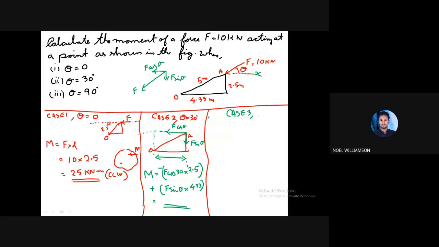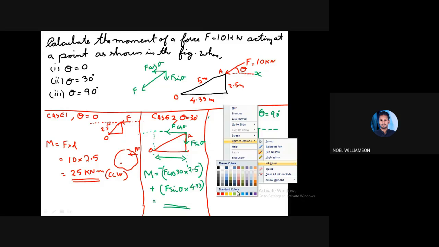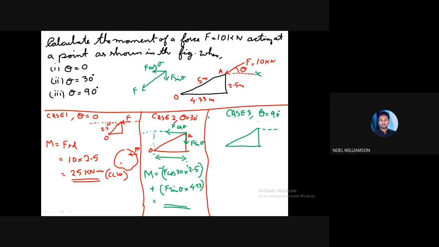Case 3, it is theta equal to 90 degree. When theta equal to 90 degree, what will that be? That you have to find. Theta 90 degree means F will be acting in this particular direction. That is F is equal to 10 kilonewton acting like this. And this is O. Then moment M will be equal to,